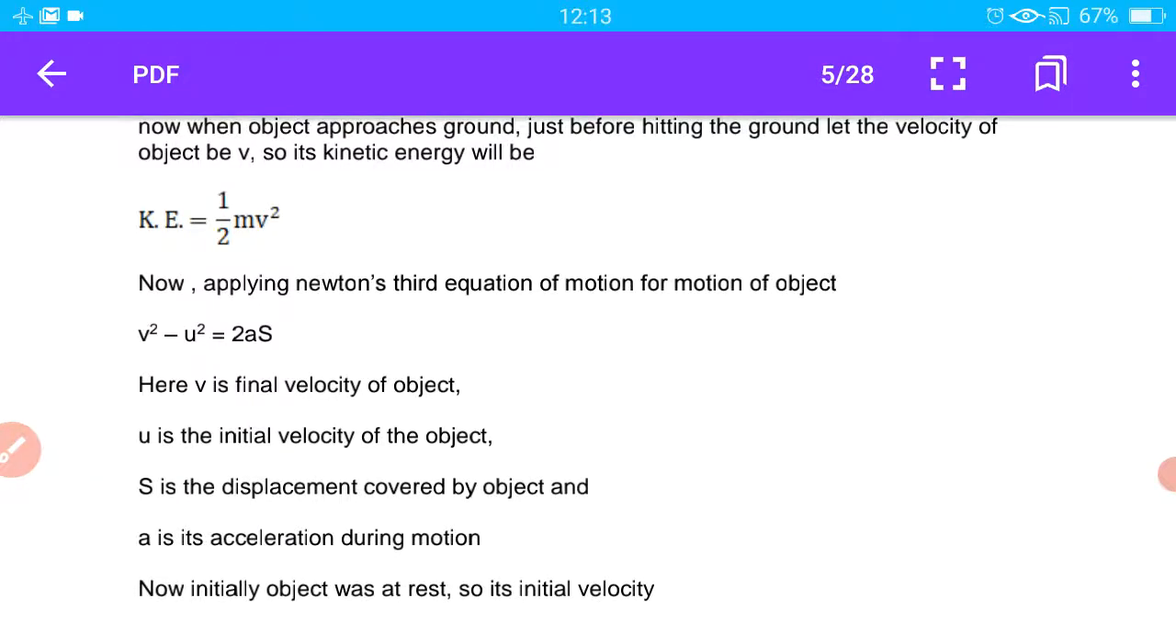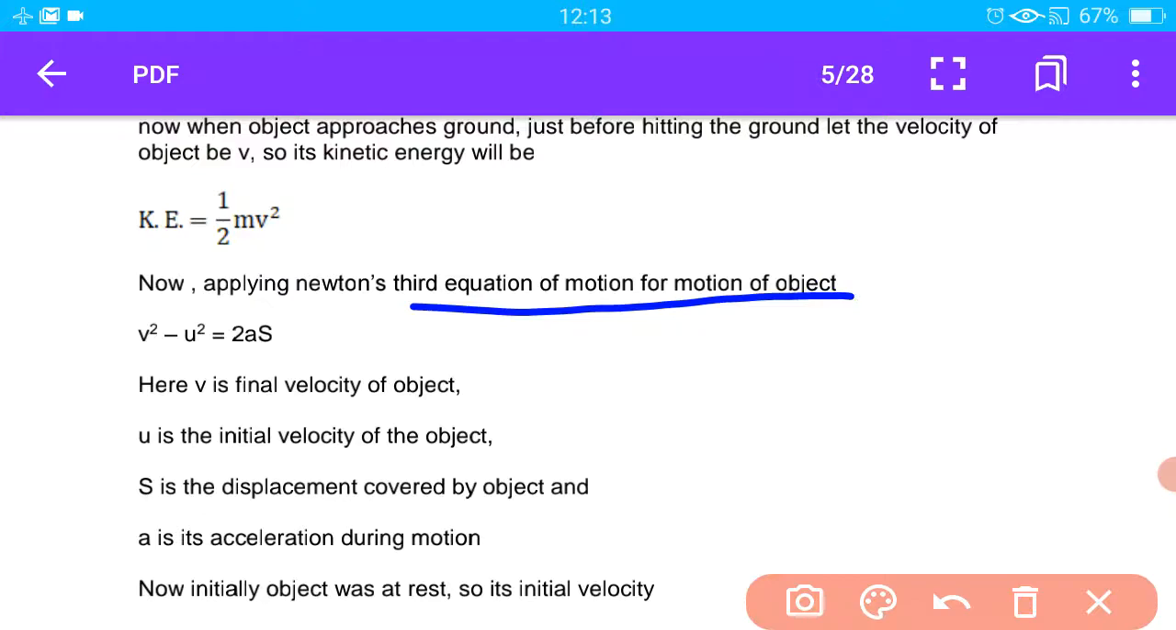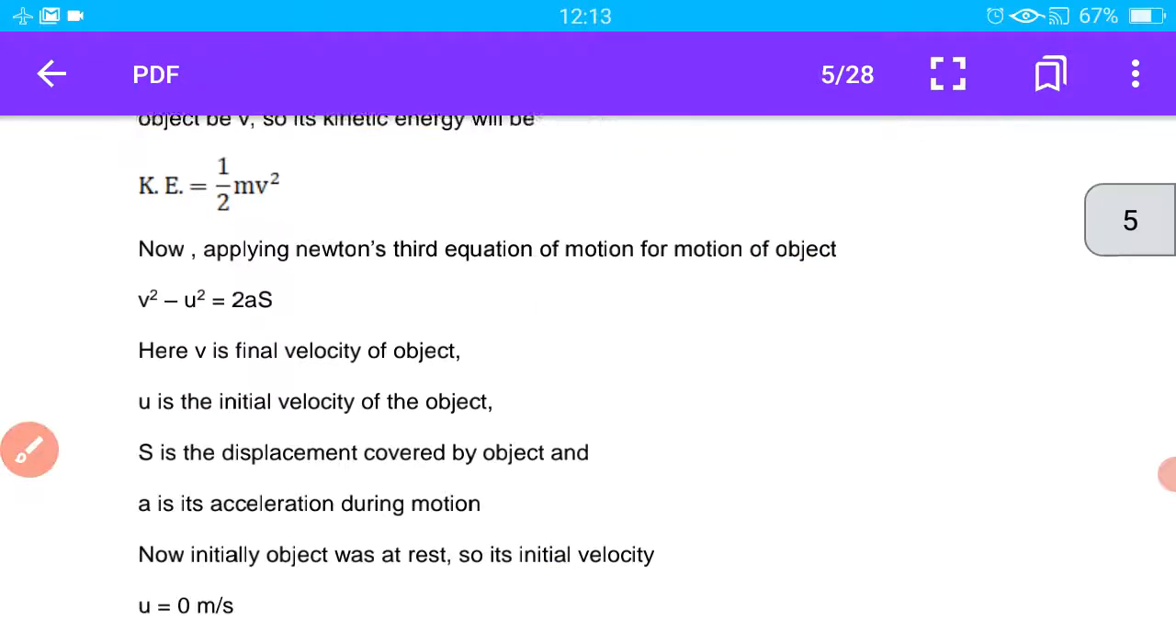Now applying Newton's third equation of motion, v squared minus u squared equals 2as. Here v is the final velocity of the object, u is the initial velocity of the object, s is the displacement covered by the object, and a is the acceleration during motion. Initially the object was at rest, so its initial velocity